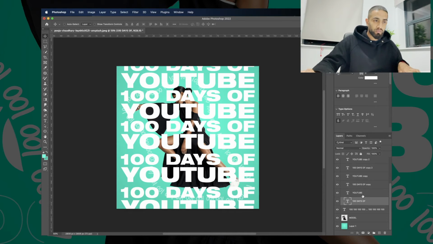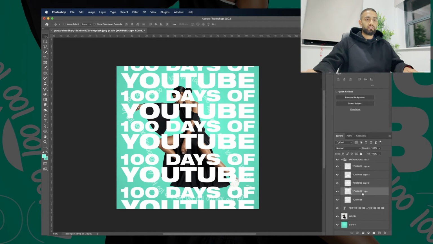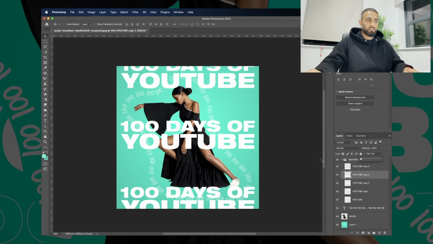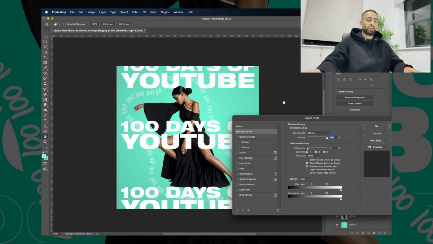Let's get the first two bottom layers. Command E. Do the same with each two layers. Alright, now for every second layer, make the fill 0. Fill 0. Cool. Now for these that you've made the fill 0, blending options, when you right click it, go to stroke,